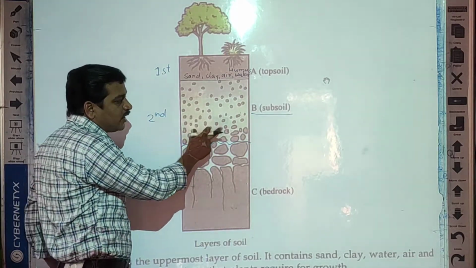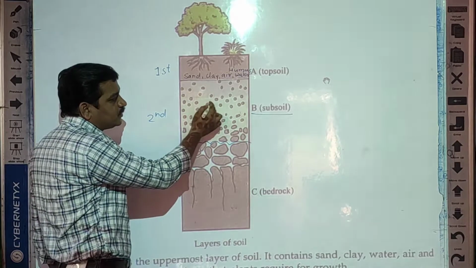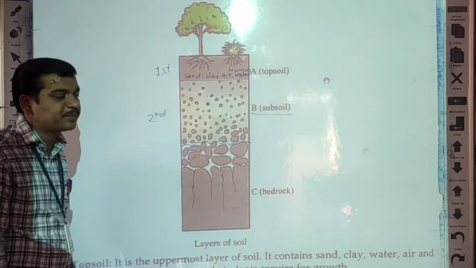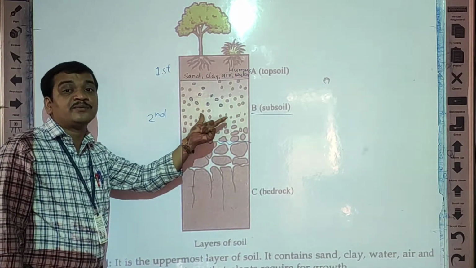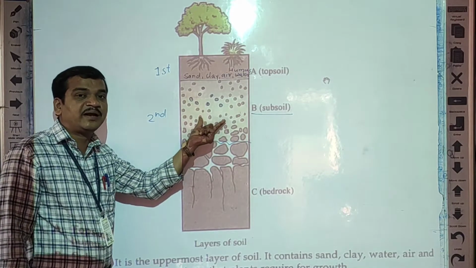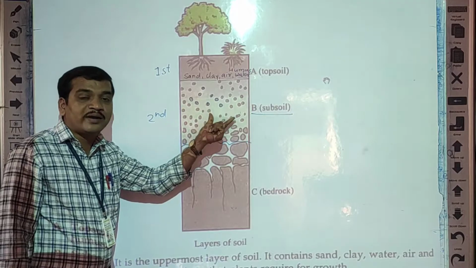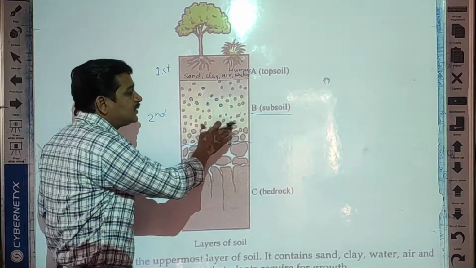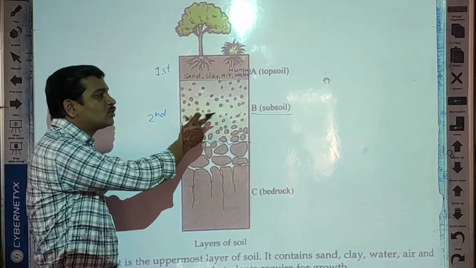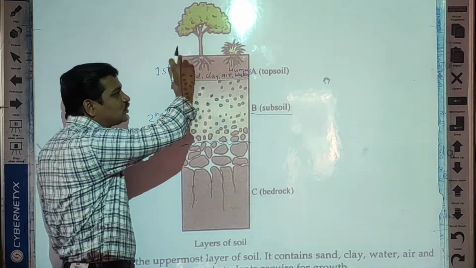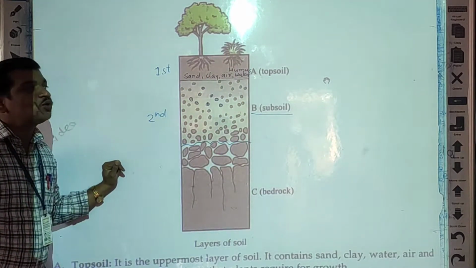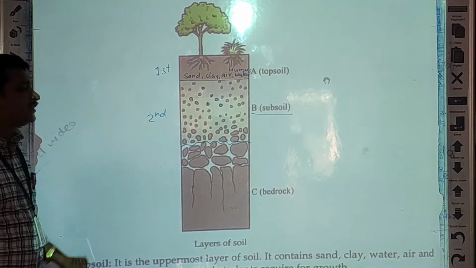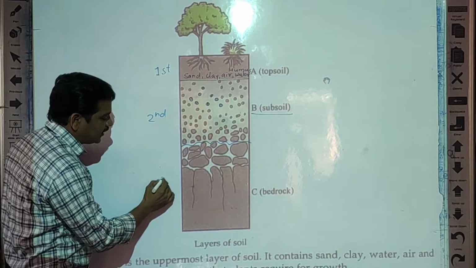Okay, see here, this soil contains little bit rough or sandy particles. Can you see here sandy particles or big particles in this second layer, and clay particles are there, but very few clay particles. Sandy particles are more, and organic material, that is humus, is very less in this subsoil. That is why this soil is not good for growth. Only the top layer of soil, the topsoil, is very good for the growth of plants.